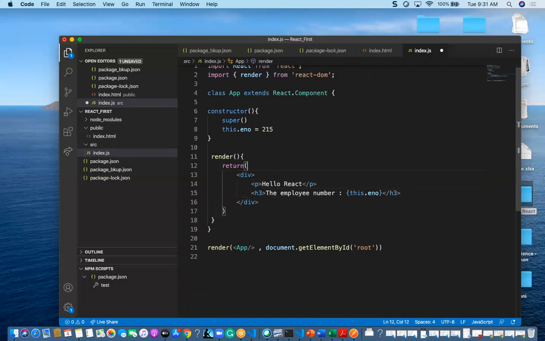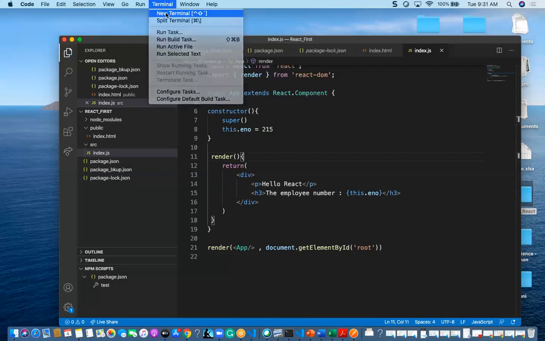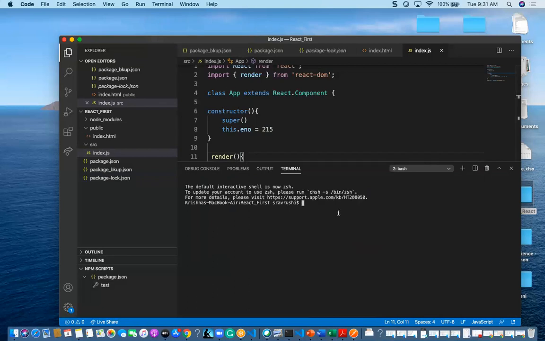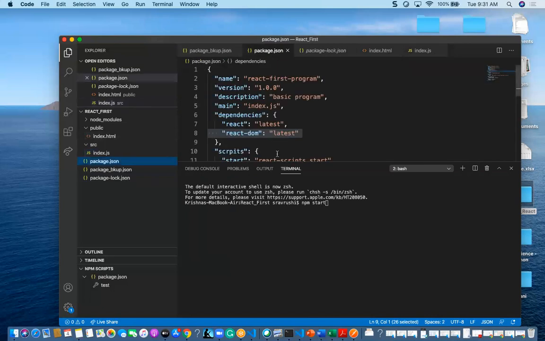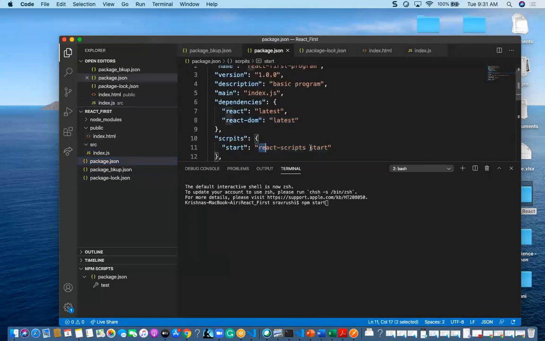Okay, so we have created this and we have mounted the component inside this public index.html. Everything is done. To start this application, we are going to go to the terminal. Inside the terminal, I am going to give here npm start. So npm start is a command which is going to hit the React scripts actually. React scripts is the one which is going to trigger your application. So if I am running this application, that very first point, start.